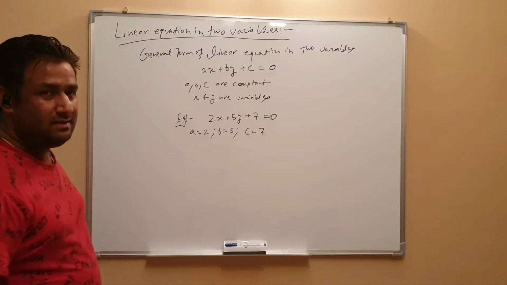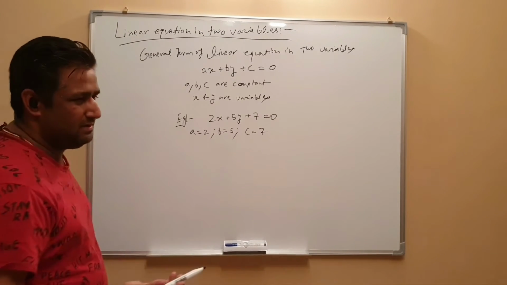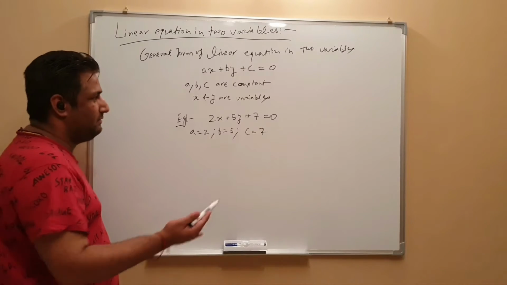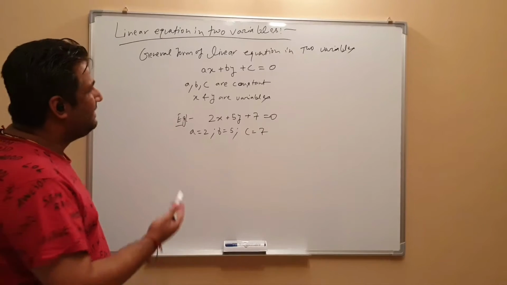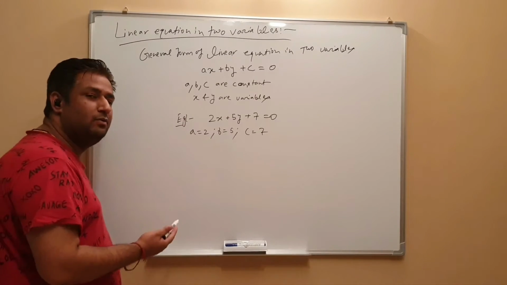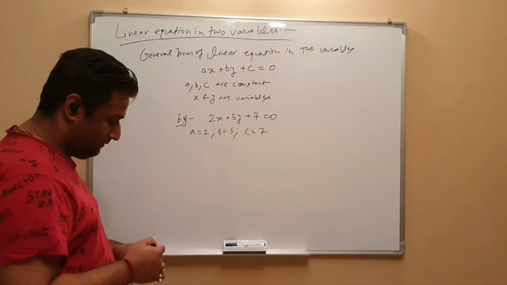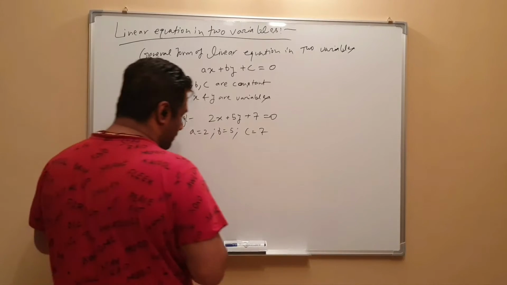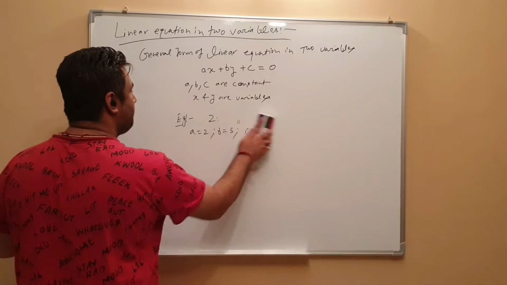So these are a, b and c. You may get these kind of questions in half a mark or 1 mark questions, where they will be asking you about the general form of the linear equation, or probably they will give you one equation, you have to convert that into the general form of the linear equation, then you have to identify a, b and c out of that. So we will do a couple more examples, so let's see what exactly that is.